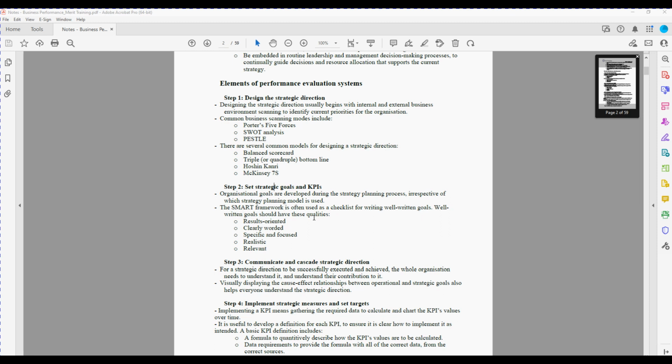from the following perspectives. Number one, they're results oriented. Rather than just being wishy-washy, is it actually linked to achieving an outcome and a result? Number two, is it clearly worded? You don't want it to be long and fluffy so it doesn't make sense. It needs to be clear and concise so that it's more easily understood. Number three, is it specific and focused? It's very hard to achieve a goal if it's very unclear and broad. But if you specifically say we need to hit 10 million sales, we know that's very specific and easily measurable later on.